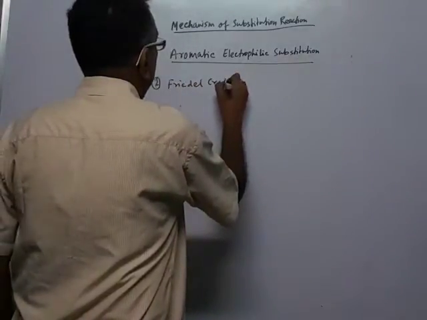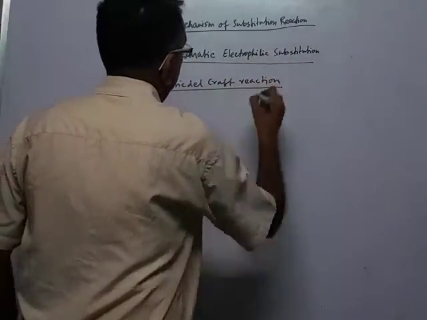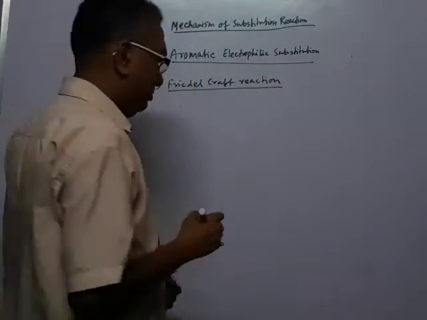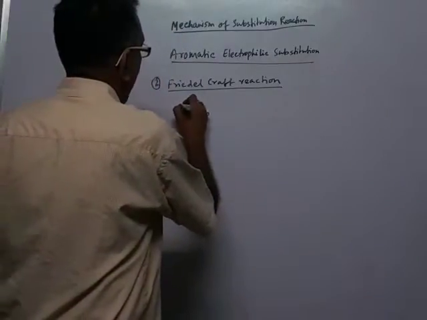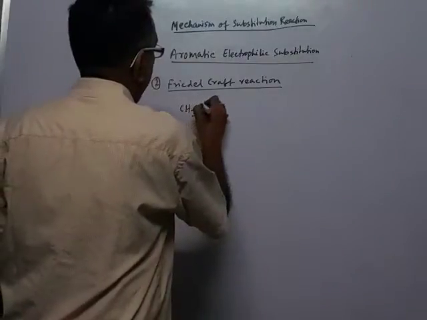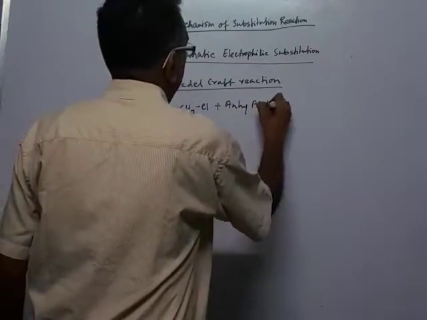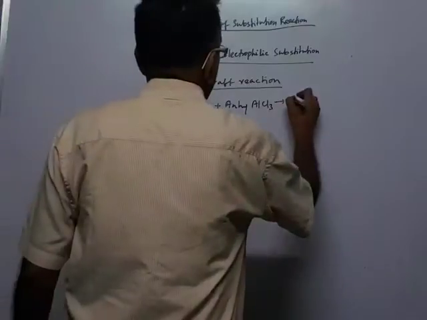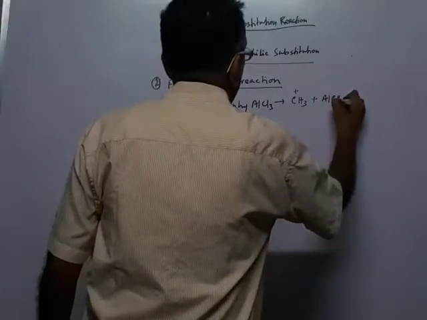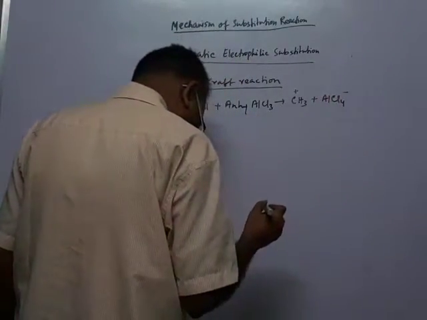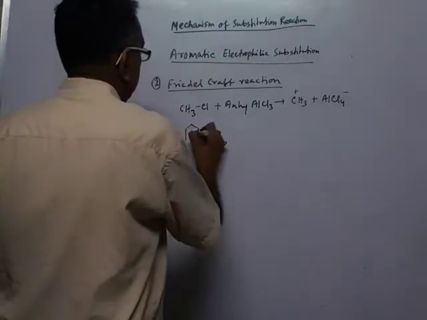Friedel-Crafts reaction. The first step of this reaction is the formation of the carbocation, where an alkyl halide, suppose CH3Cl, reacts with anhydrous AlCl3 to produce CH3 plus and AlCl4 minus, and this CH3 plus in the next step attacks the benzene ring,